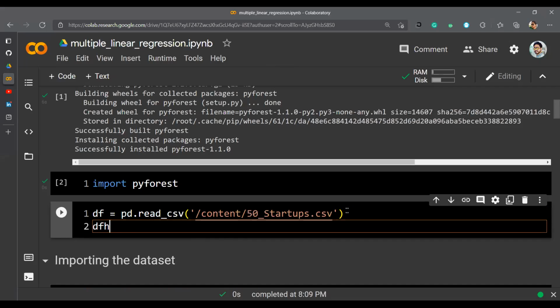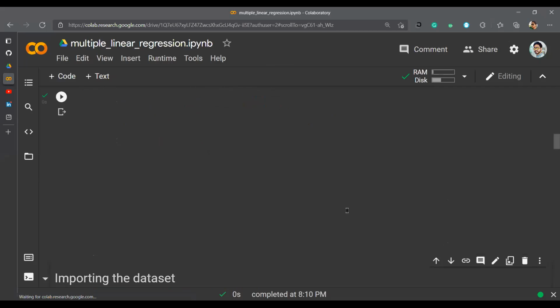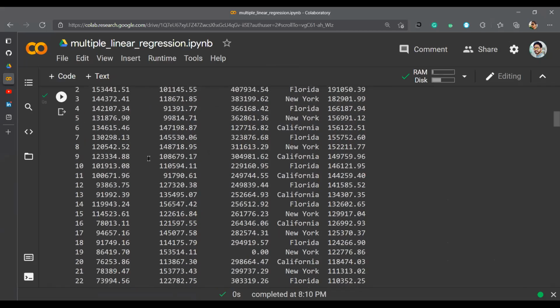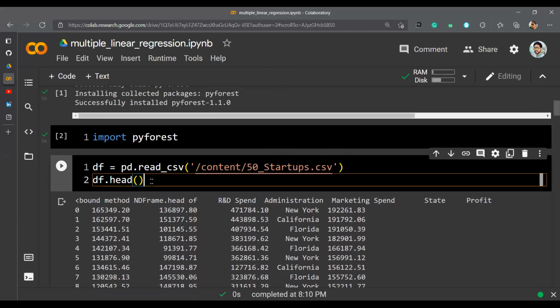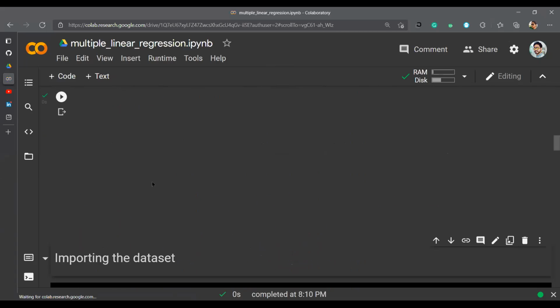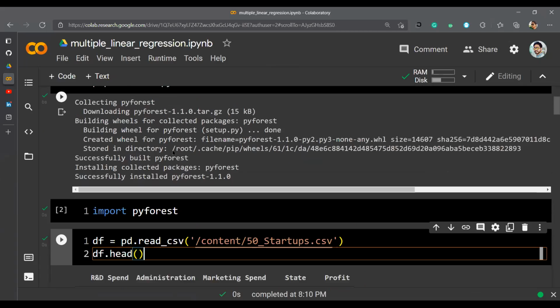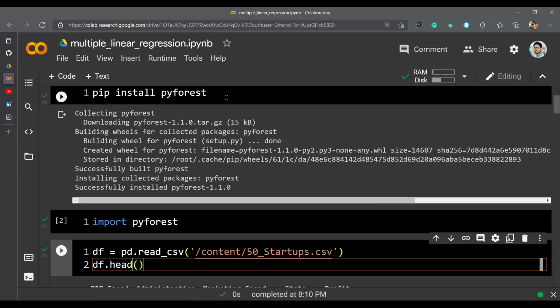I think I can put up df.head. There it is. The answer is there. Okay. So I didn't require to import again and again all those things. It just worked out in 2 lines of code: pip install pyforest and import pyforest.